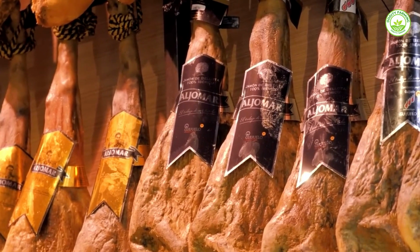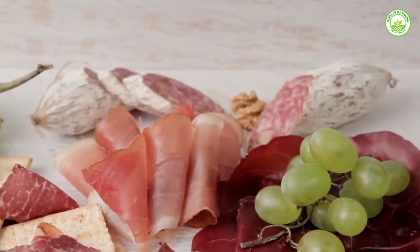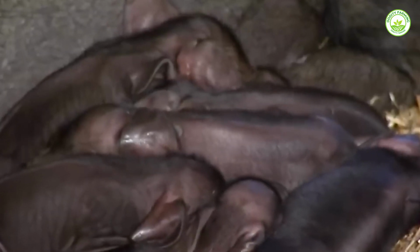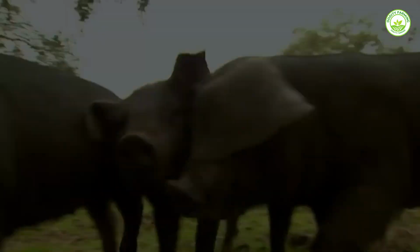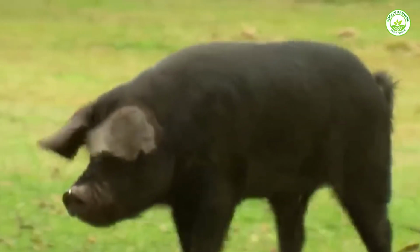For many, one bite of grilled wild boar isn't just food, it's an experience, a taste of nature in its purest form. Wild boar farming blends tradition with modern food trends. It takes space, patience, and a smart plan. Not an easy path, but for those who master it, the rewards are rich, just like the deep flavor of